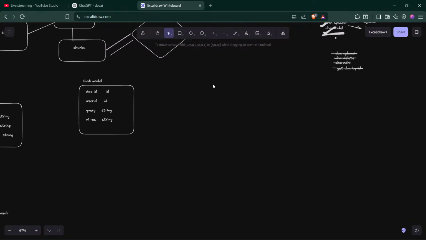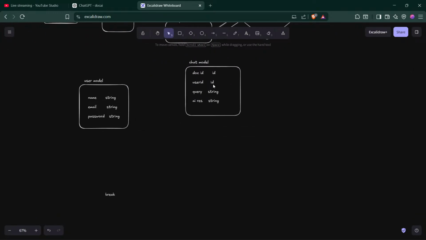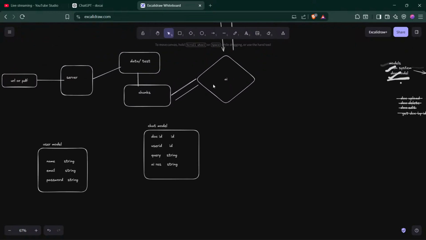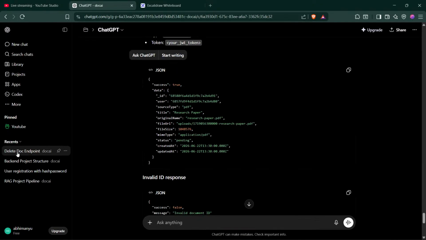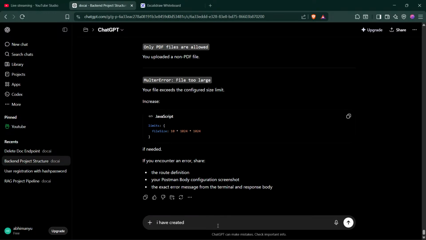Chat model documentation. So from tomorrow we'll start working on the, I have created docs API and user auth API.